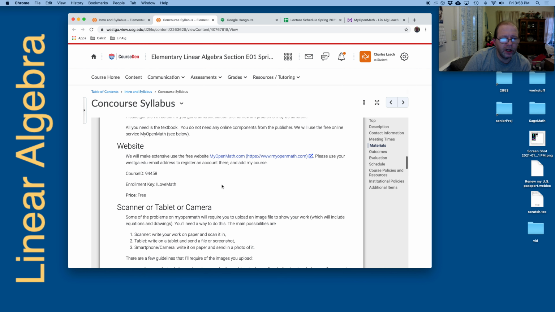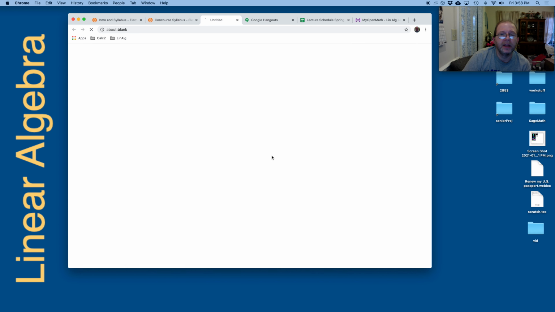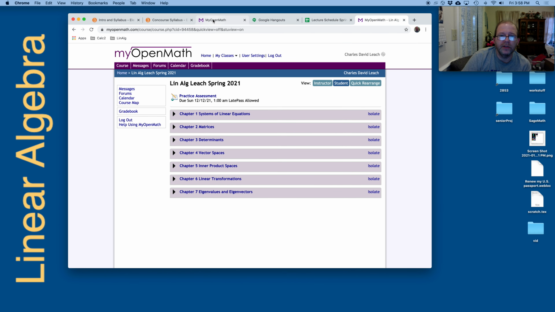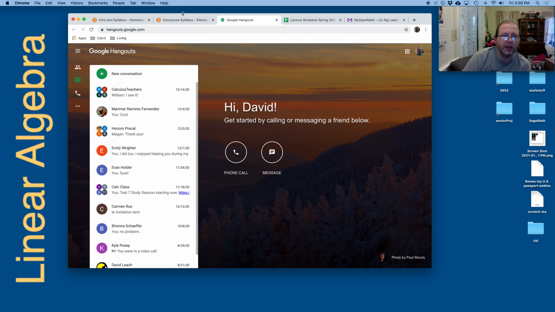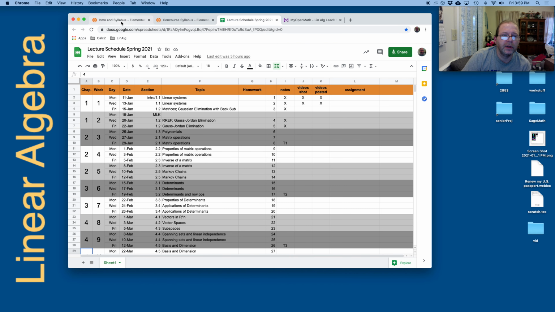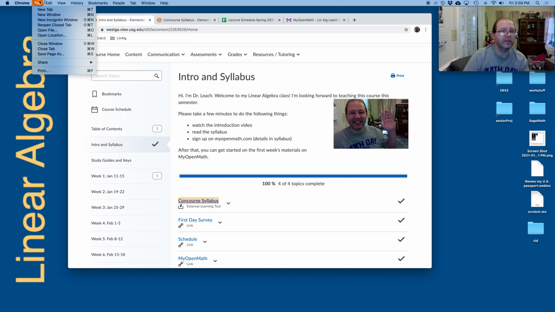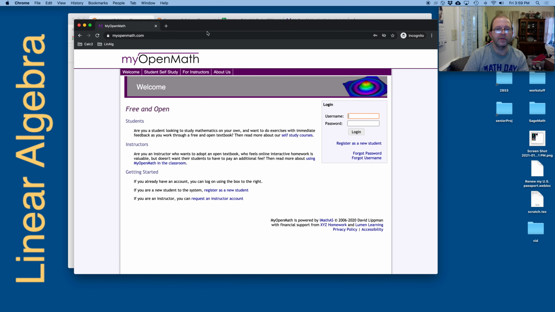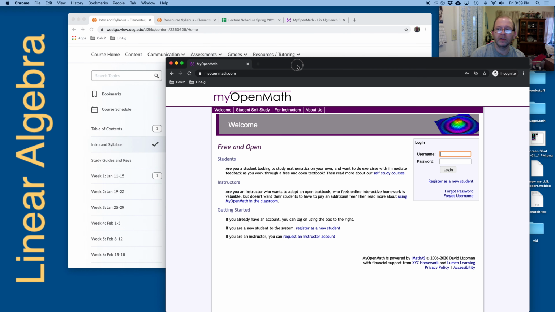All right, the website we're going to use is myopenmath.com. If you log in for the first time, it's not going to look like that for you. When you log in for the first time, it's going to look like this, and you'll have to create an account.